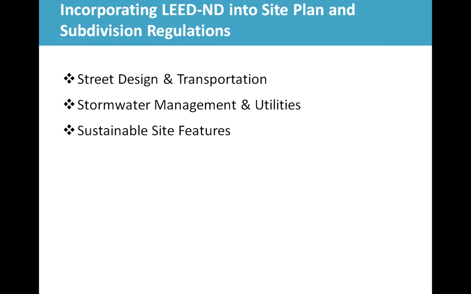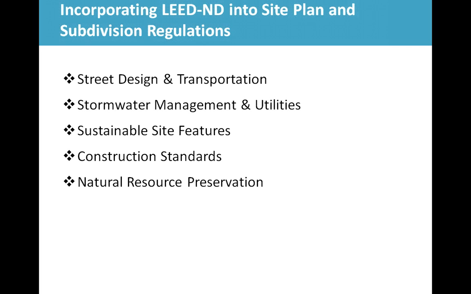Sustainable site feature strategies include water-efficient landscaping, site lighting that reduces light pollution, protection of undisturbed impervious coverage, and solar-oriented blocks that maximize solar access. The manual continues with construction standard strategies to prevent soil erosion and sedimentation, to preserve and protect trees, and to limit construction impact zones. It also includes strategies to preserve natural resources, the regulatory counterpoint to the natural resource preservation planning goals and actions I mentioned before,